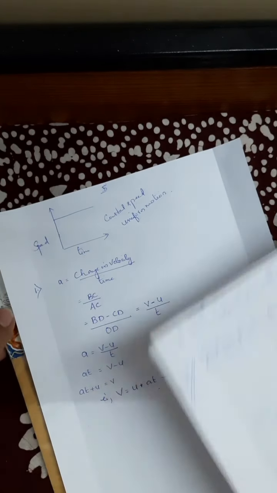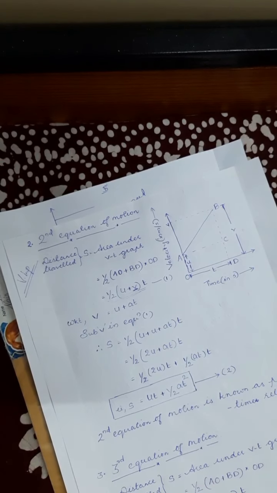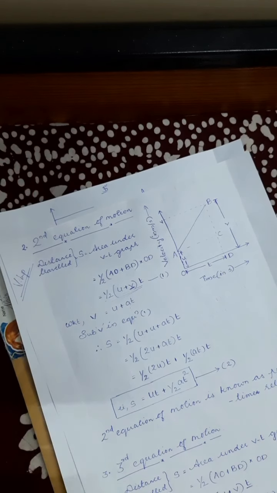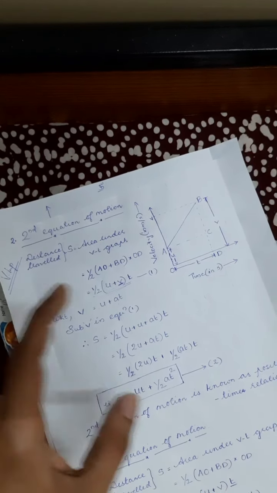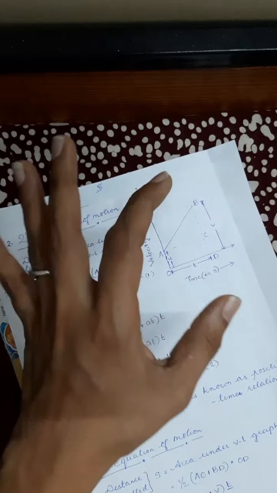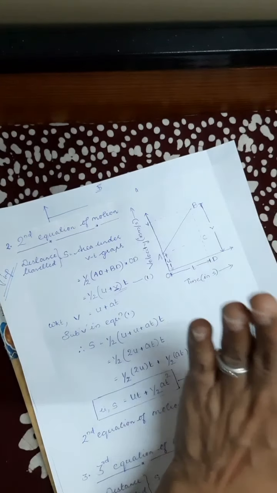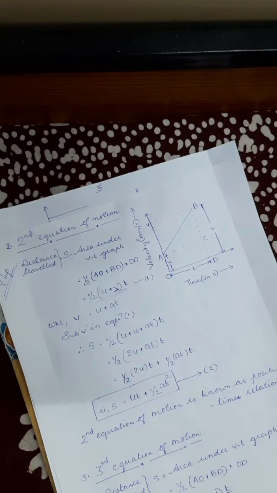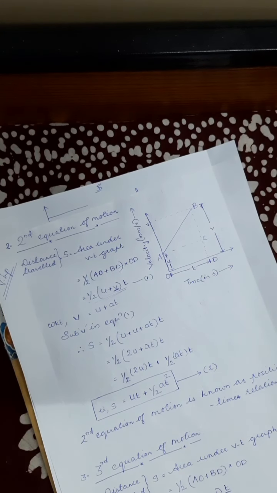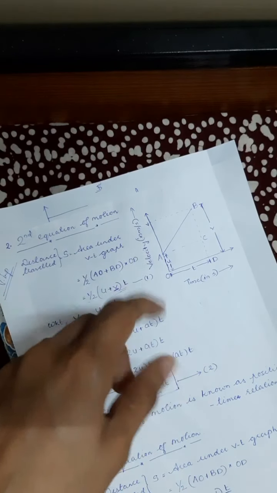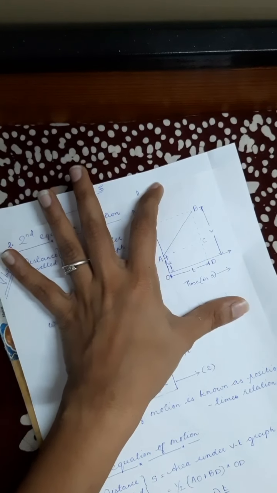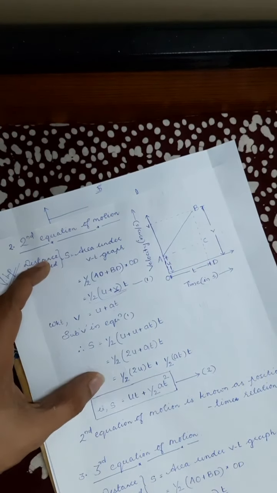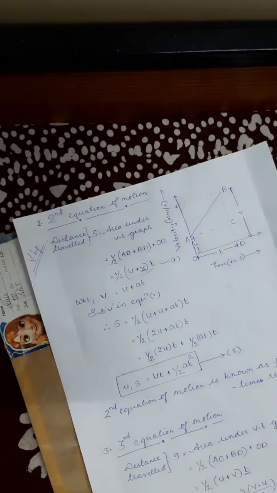Okay. For second equation of motion also, we are considering the same velocity time graph which is under uniform motion and the object is already moving with some initial velocity. Okay, same graph only we are taking, and all other terms are also same only. Okay, while deriving each equation of motion, you need to draw this graph with pencil and scale, and you need to give little description about the graph also. Then only you need to start deriving this one. Okay, so now second equation of motion.